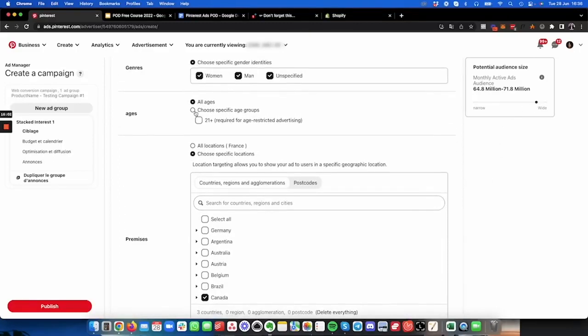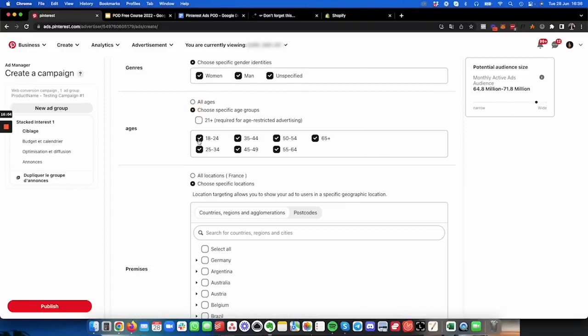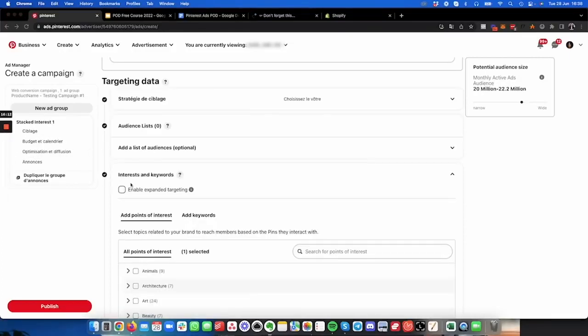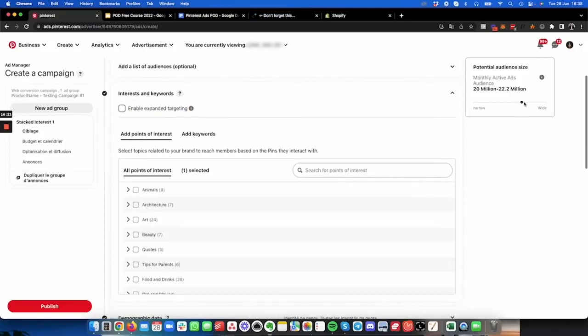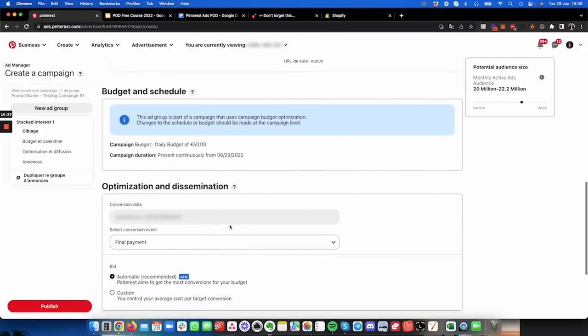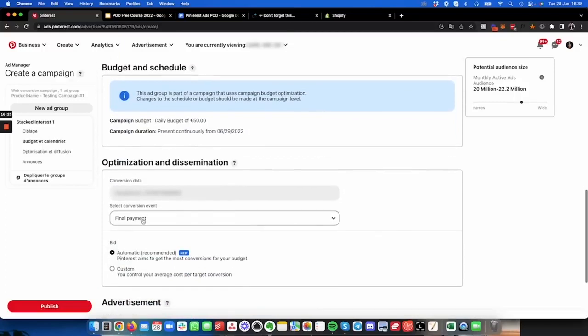And then you can choose any specific age range. Here, I will remove everyone that is above 55. And you just want to make sure that the expanded targeting option is unticked. So you just want to unselect this to make sure that your targeting stays accurate. So now, as you can see, it's way better, and we can just scroll down until we find the